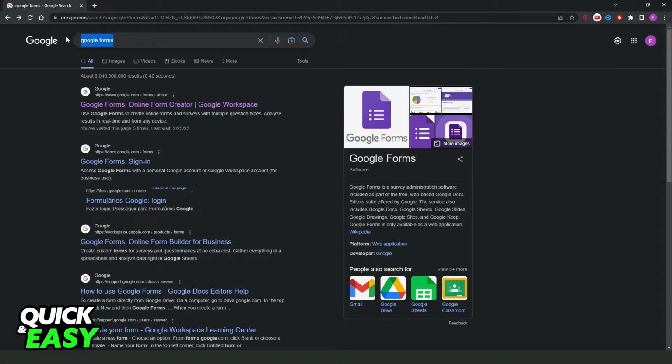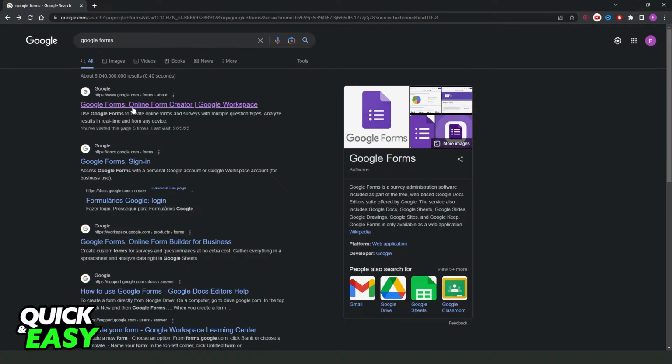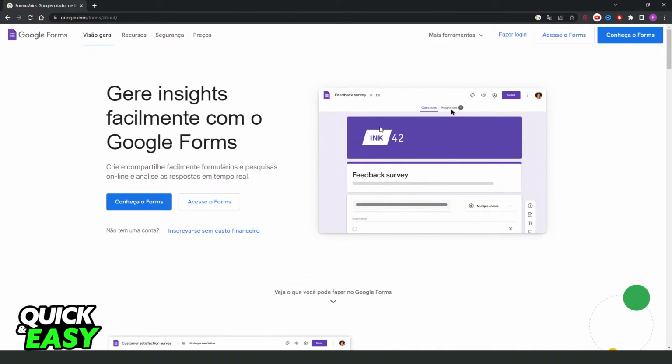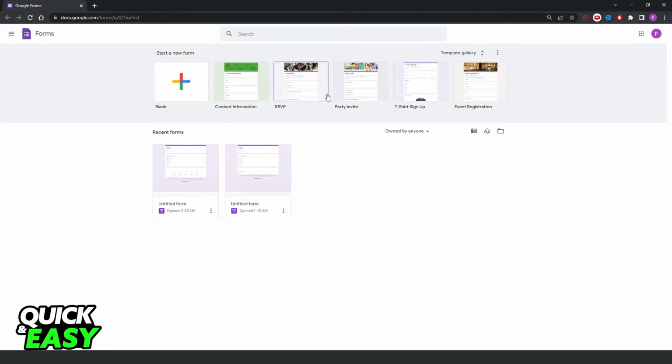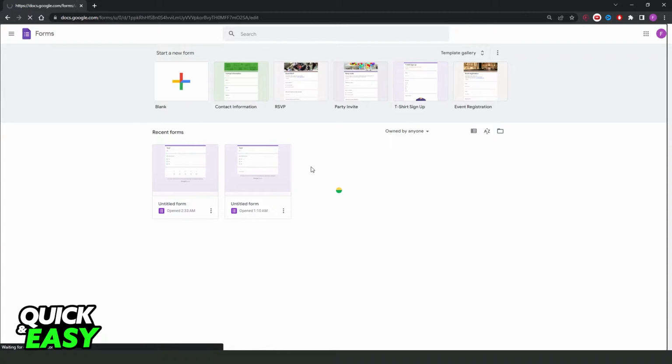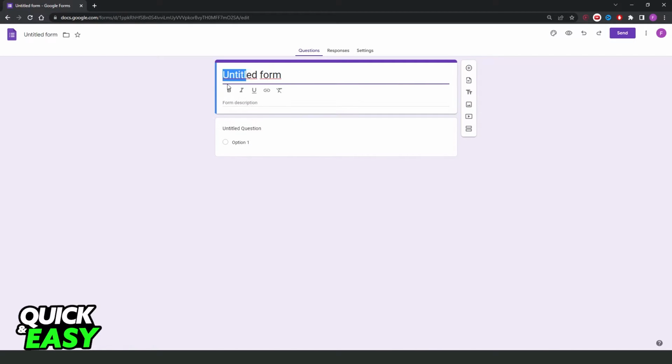The first thing you need to do is come on your Google or a navigator, search Google Forms, and click on the first option. You will come to this page, click right here, access Google Forms, and here you can use any template if you want. I recommend you to click on blank to make from 0. Here you put the title of the form, so for example test, the form description, I will put test 2,